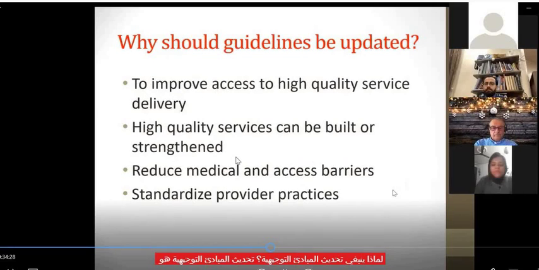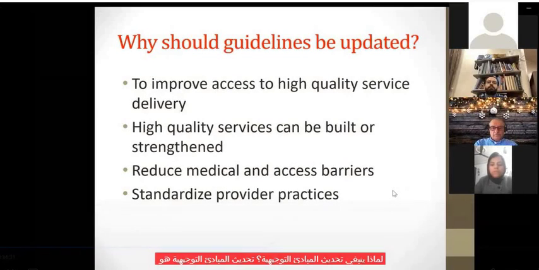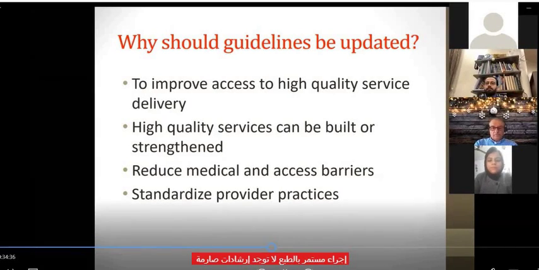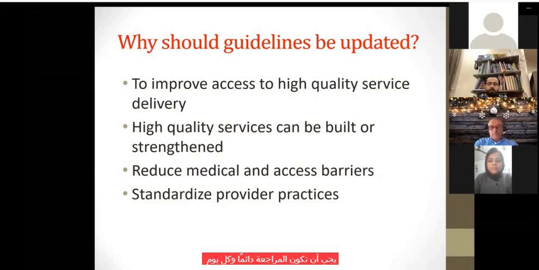Why should guidelines be updated? The updating of guidelines is a continuous procedure. Of course, no guidelines are strict always, and everyday revision should take place for these guidelines. It is important to be updated to improve access to high quality service delivery. High quality service can be built or strengthened continuously